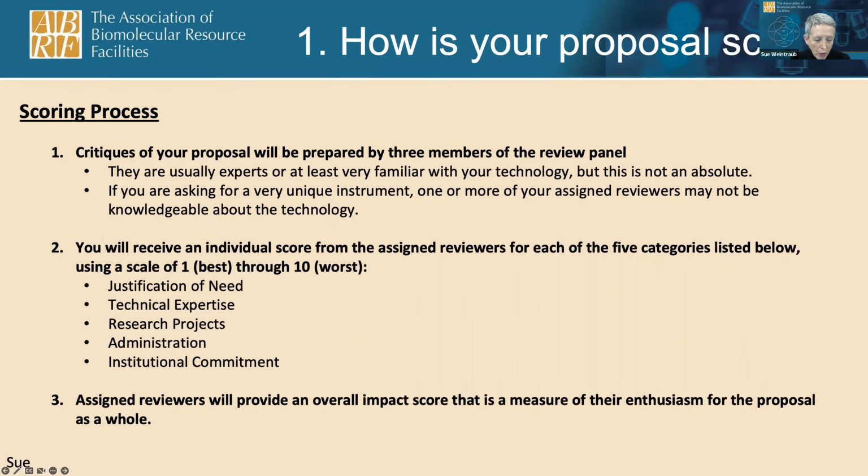It's really important to you to have all the information, because the review is supposed to be on the words in the proposal, not what the reviewer imagines the applicant is meaning. And we'll go over these different sections here. But what's important to know is that these assigned reviewers will also provide an overall impact score that's a measure of their enthusiasm for the proposal. It's not an average of the 5, but it has to be representative. So for example, if you have 2s and 3s, a reviewer can't then give an overall impact score of 5, and vice versa. So you can't give an overall of 2 and you've got mostly 4s and 5s.